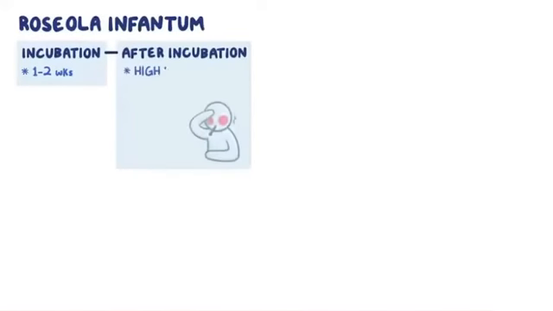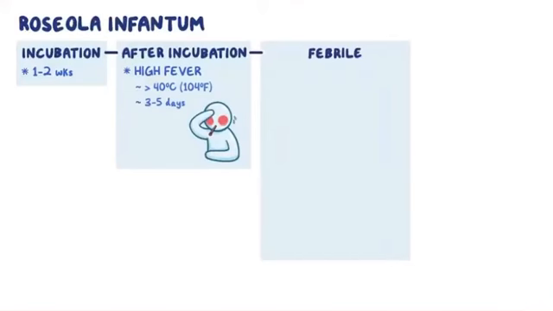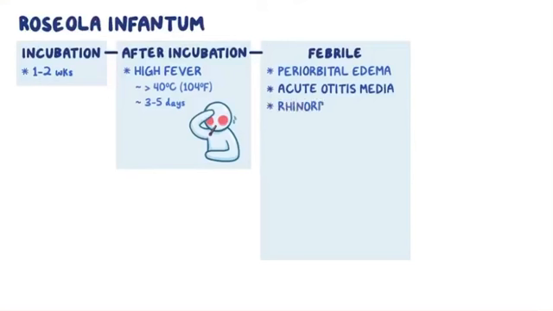After the incubation period, the disease debuts with a high fever that may exceed 40 degrees Celsius or 104 degrees Fahrenheit, and usually lasts 3 to 5 days. During the febrile phase, other manifestations include periorbital edema, acute otitis media,